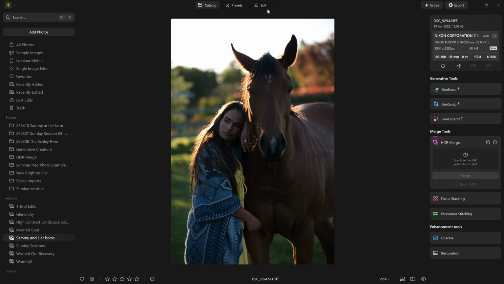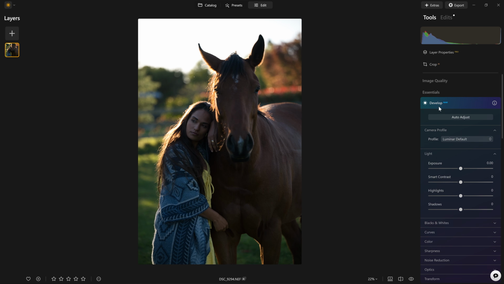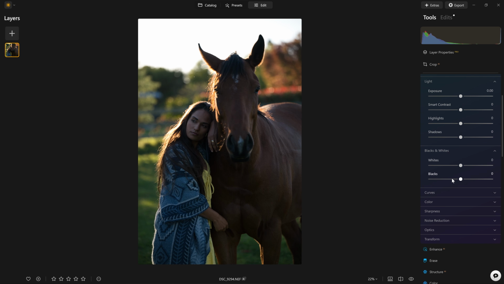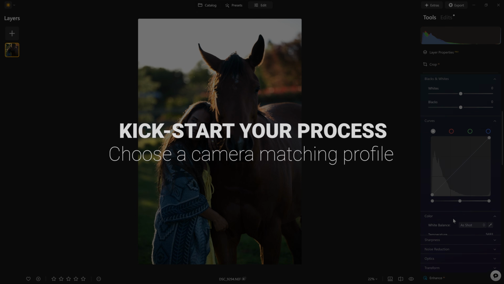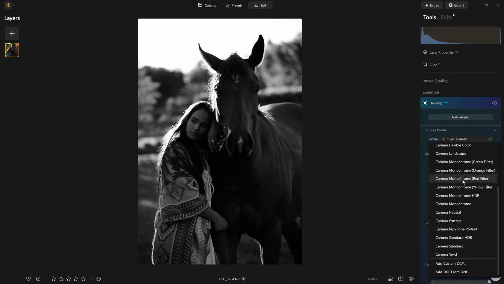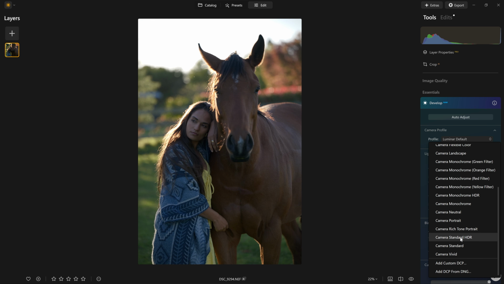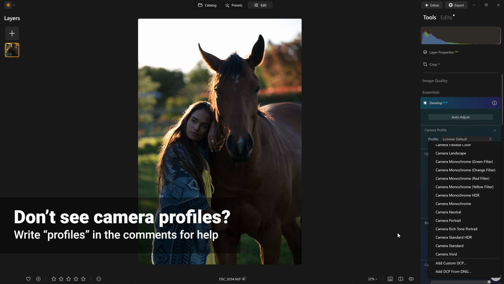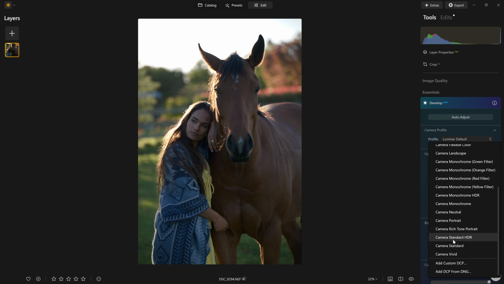Let's get into it. I'm going to work in the develop raw section of Luminar Neo, but a lot of what exists inside here is also going to be found in other photo editors such as Lightroom and tools like that. Now, the first thing you want to do when you're working with raw photos is actually find a camera matching profile that's going to bring out the best in your photo. So we have a very high contrast photo here, so potentially a standard HDR profile could be the way to go. Camera neutral is also a really nice profile for bringing back a little bit more detail, but what you